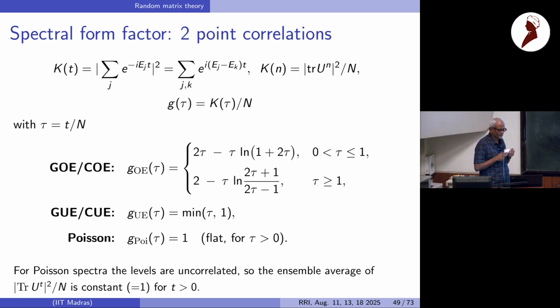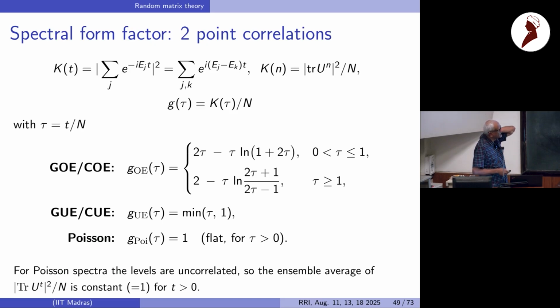Is it possible to understand that level repulsion and that tau dependence, that part is also easy to explain, that level repulsion is related to that linear in tau? Yeah, in a way. The small time behavior is related to the smaller level correlation. So it is going as tau here, it will be going as 2 tau and so on for small tau, the spacing of that. They are kind of related.